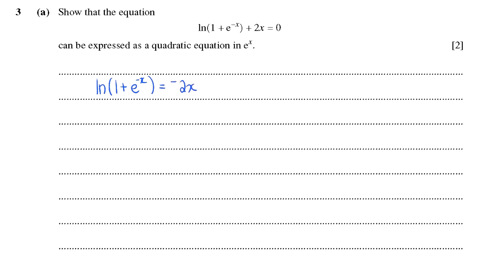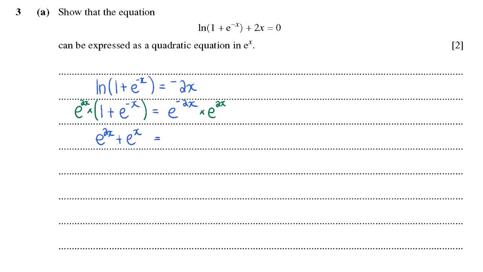Then we can unwrap the log, of course. The 1 plus e to the minus x is now going to equal the e, which is the base from the ln, to the minus 2x, which is the exponent. Okay, that kind of looks like a quadratic because it has e to the negative x and e to the negative 2x, but the issue you have there are the negative signs, and we need to somehow turn those to positive signs. And the way we can do that is multiply both sides of the equation by e to the positive 2x. On the left side, the e to the 2x is going to multiply by 1 and make e to the 2x. E to the 2x times e to the negative x will make e to the x,